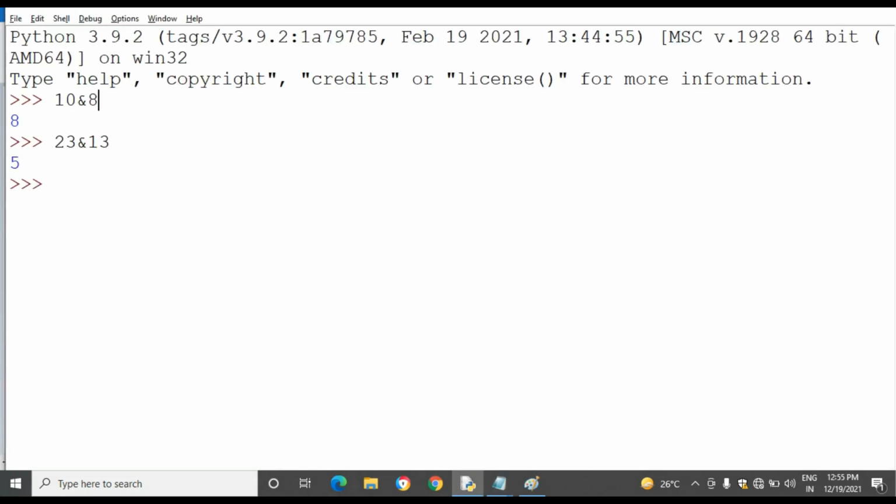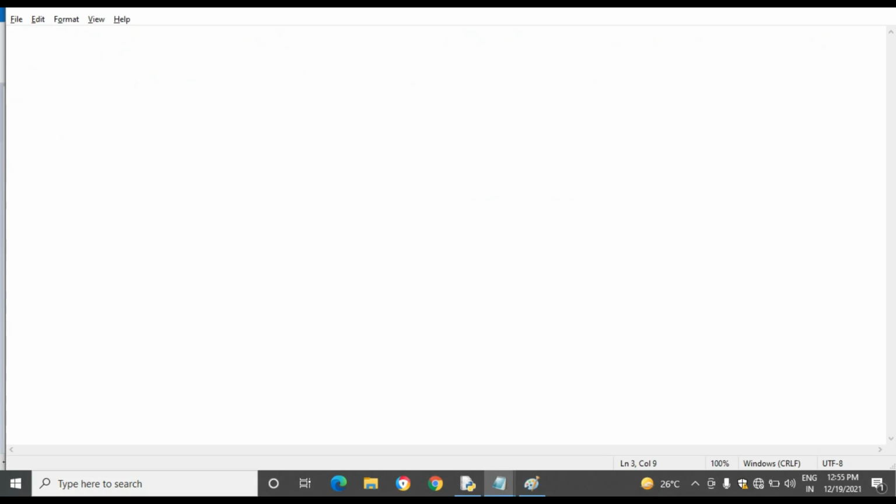For example, I am taking this. The interpreter splits the numerical values into binary values. After splitting into binary values, it performs the bitwise AND operation and produces the result in the format of a normal numerical number for the user.